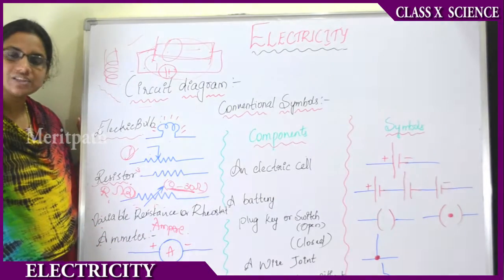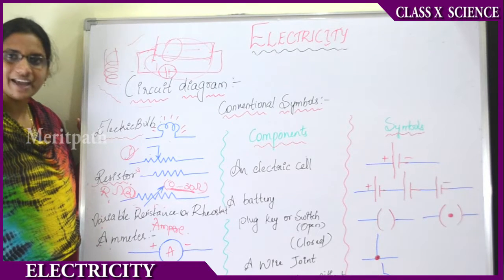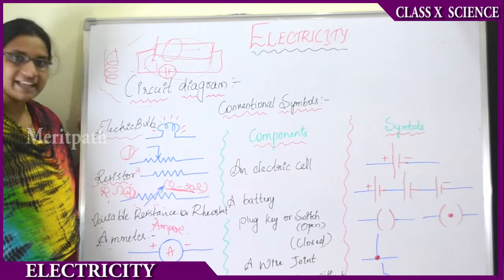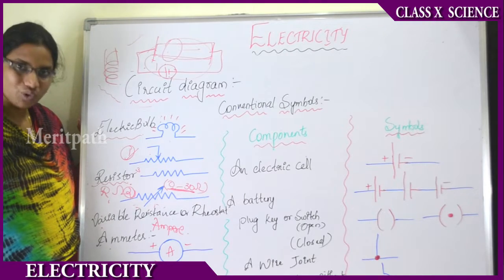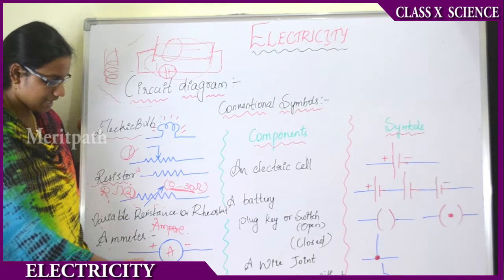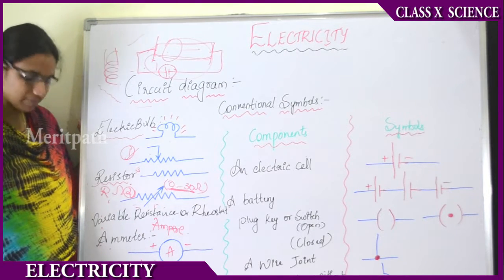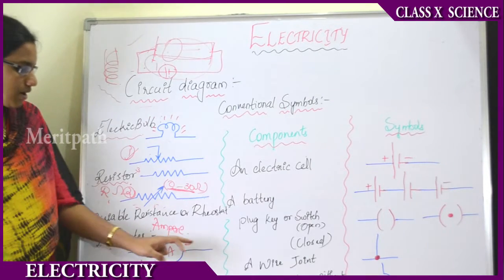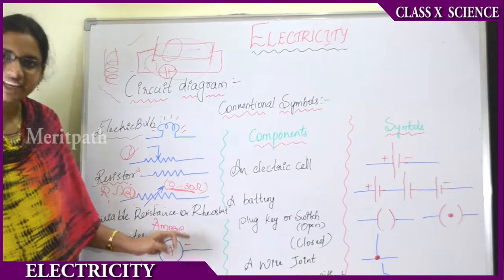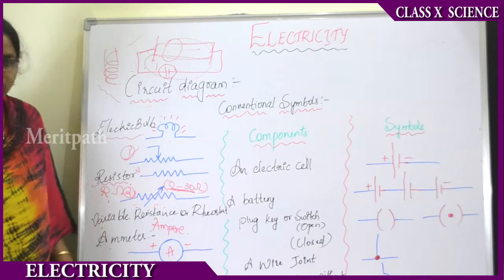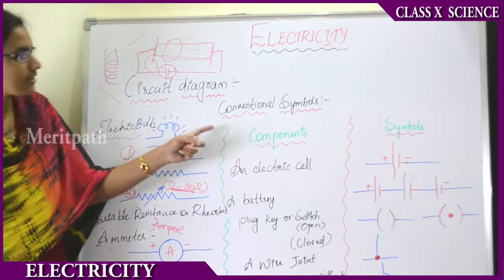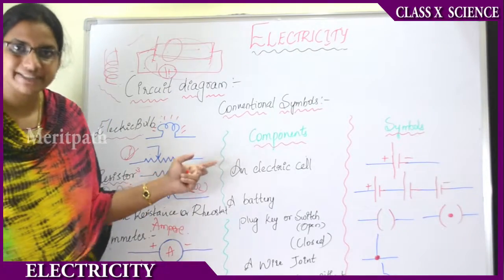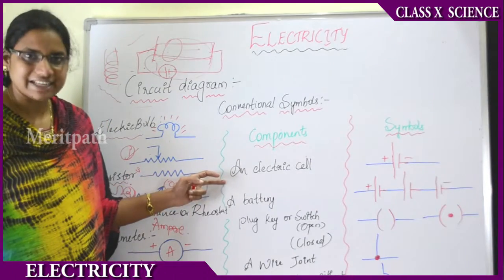And voltmeter is used to measure the voltage in an electrical circuit, and the SI unit of voltage is volt. The symbolic representation of voltmeter is as shown in the figure. It consists of two terminals, positive and negative, the same as for ammeter and voltmeter. Okay. Now let us see some more components or symbols which are used in the electrical circuit, that is